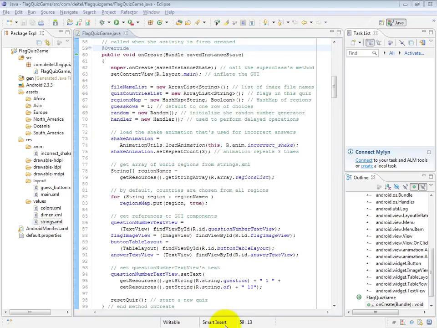As you know, onCreate is called towards the beginning of the activity's lifecycle, and this is typically where we set up the variables and graphical user interface that will be used throughout the activity's lifecycle. Now here at line 63 you can see where we're inflating the main graphical user interface,